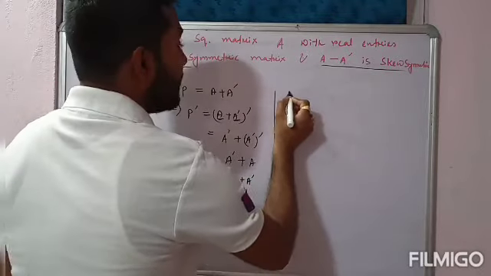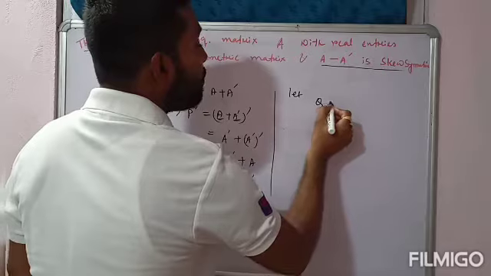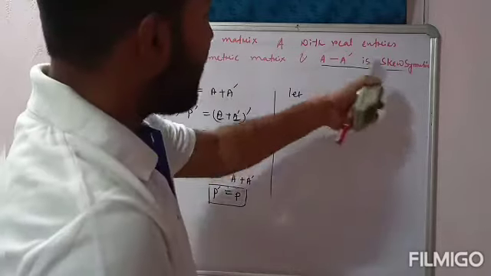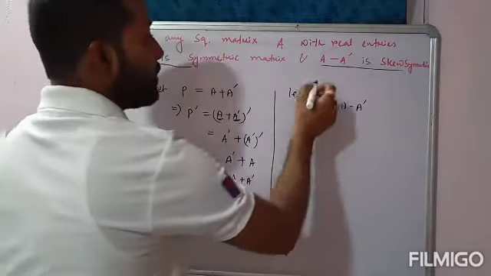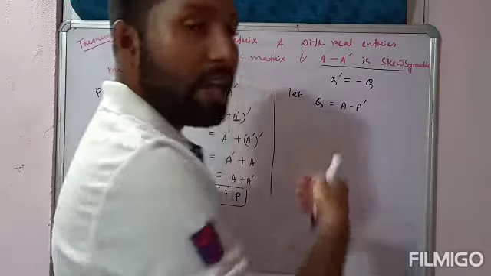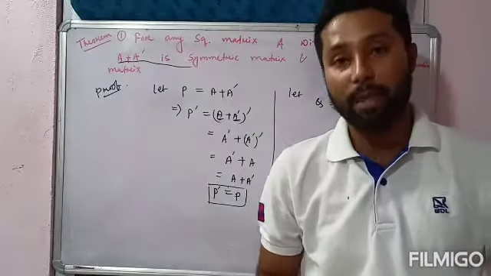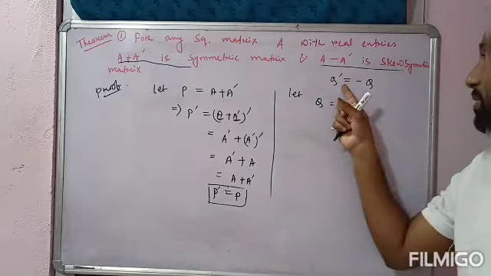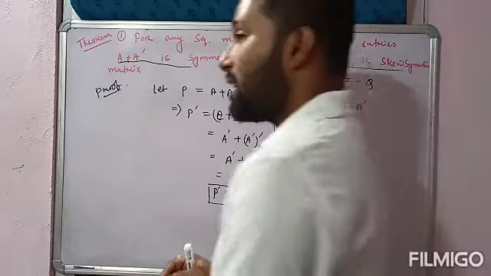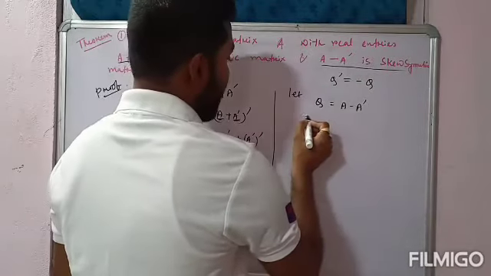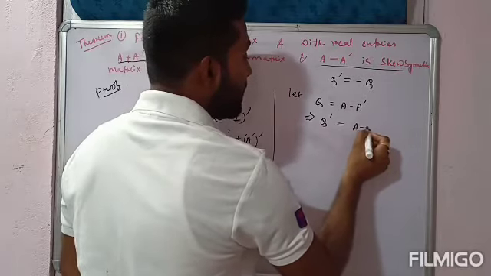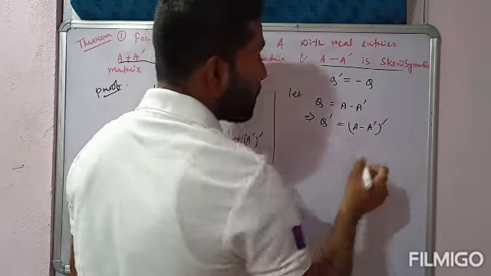So for the second part, let Q be equal to A minus A transpose. Now since A minus A transpose is skew symmetric, we have to show that Q transpose is equal to minus Q. Just now I have given the definition of both symmetric and skew symmetric matrices. The condition of skew symmetric matrix is Q transpose equal to minus Q. So let us consider Q equal to A minus A transpose. Like the first part, take transpose on both sides. So Q transpose is equal to (A minus A transpose) whole transpose.